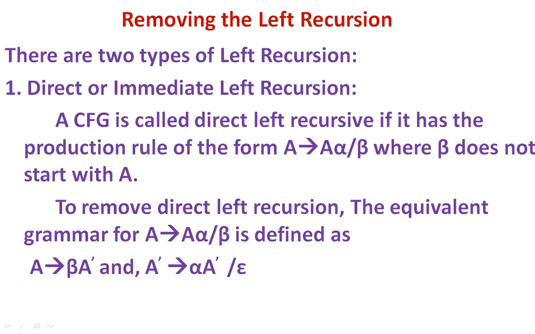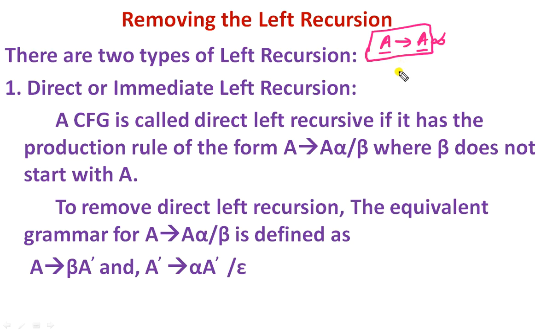So in this video lecture, let us discuss removing the left recursion. Before actually going for removing the left recursion, first of all, what is meant by left recursion? For example, assume that there is a production rule in the given context-free grammar such as A generates A alpha. If this is the production rule, then you may observe that on the left hand side it is starting with A, and on the right hand side also it is starting with the same variable A. If such a situation is there in any production rule, then we say that particular production rule has left recursion.